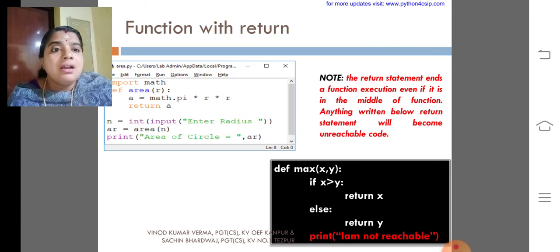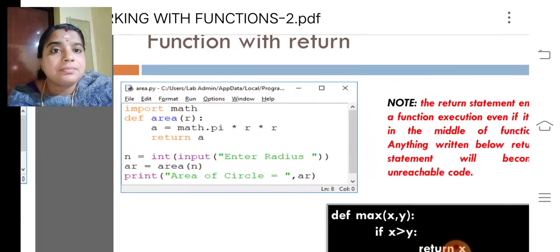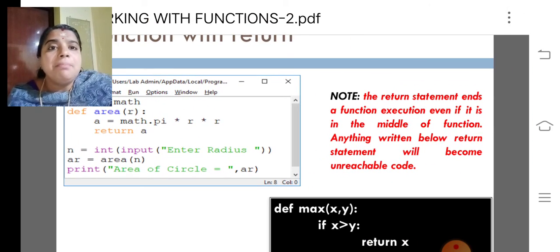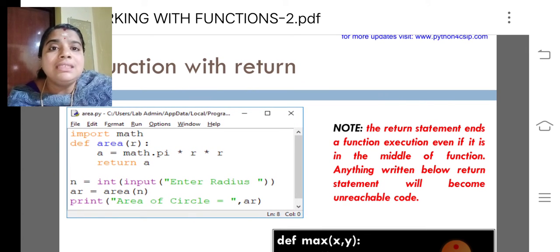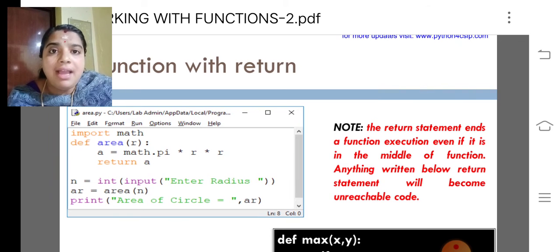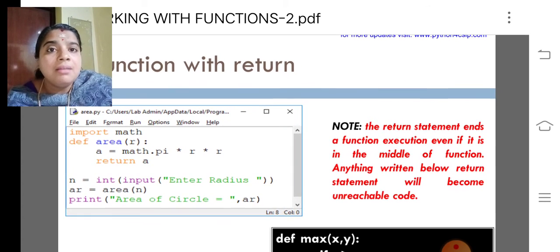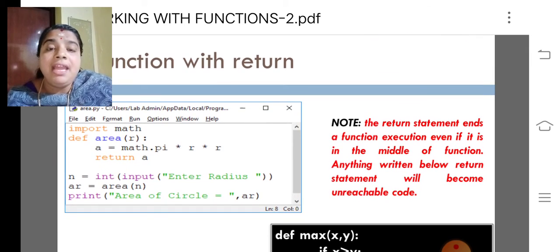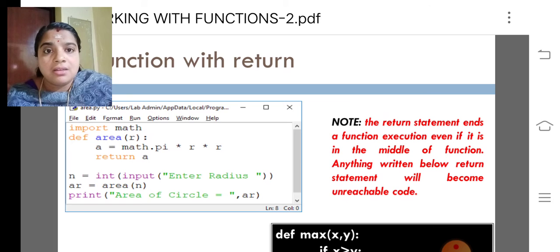The next one, a function with a return statement. Import math. Math is a standard library function which has a value called pi. For getting pi only, we are importing math. Def area of R. R is nothing but the radius.